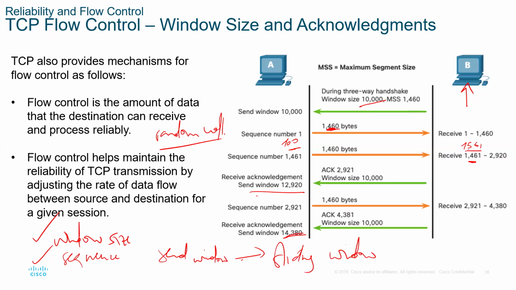Also, the acknowledgement gives an idea of what information has been sent so far, how many bytes. An acknowledgement of 2921 means 2920 bytes have been sent so far. Another acknowledgement of 4380 means 4380 bytes have been sent so far. It might seem like a lot of information now, until you get to an exam.